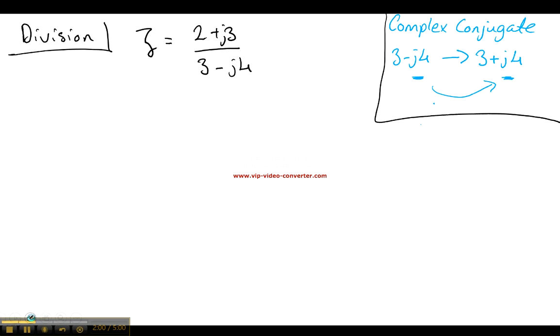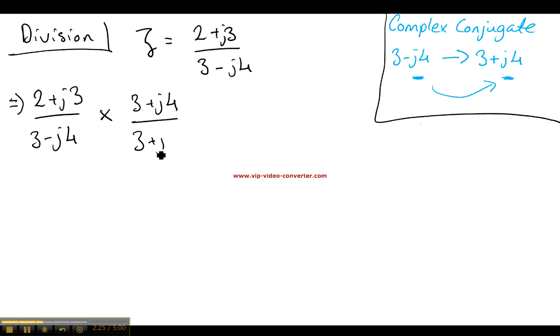So we'll go back to our color pen here, and we'll say, okay, if we take 2 plus j3 in the top, and 3 minus j4 in the bottom, and we multiply that by the complex conjugate of the denominator, so the bottom, we'll get 3 plus j4 over 3 plus j4. So we're multiplying the top and the bottom by the complex conjugate, because this whole thing here ultimately just equals 1. So we're not changing anything